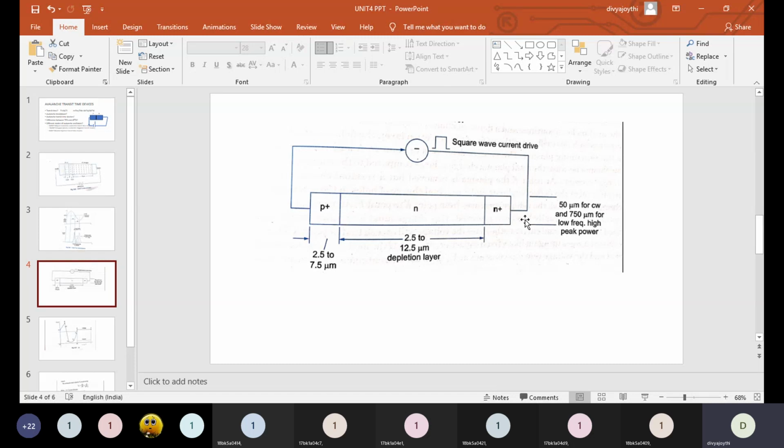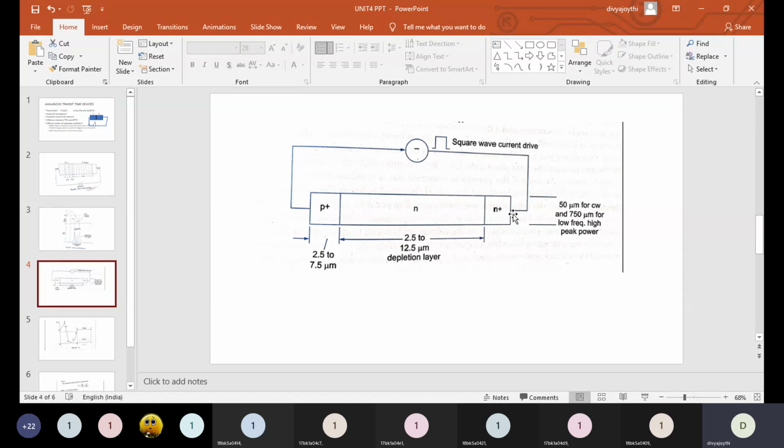And here the thickness of each region is given. The thickness of the P plus region is 2.5 to 7.5 micrometers, and this is the depletion layer. The width of the depletion layer can be varied from 2.5 to 12.5 micrometers. Here the P plus region is 2.5 to 7.5 micrometers, and the width of the depletion layer can be varied from 2.5 to 12.5 micrometers. And here, for this N plus,